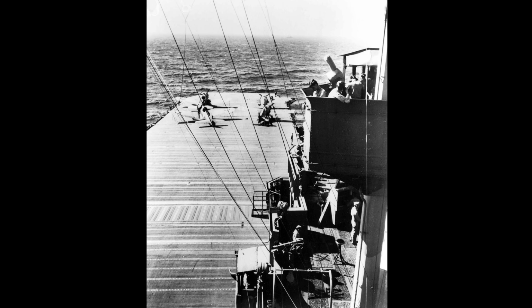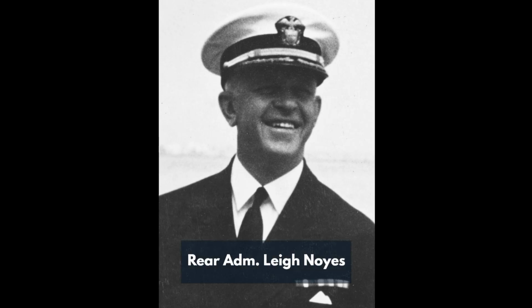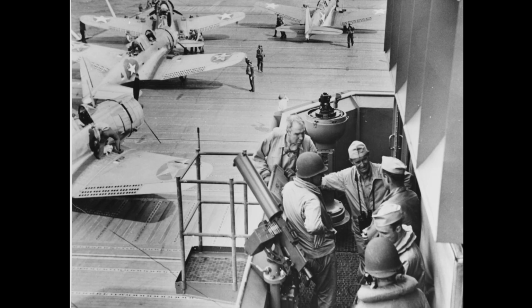Wasp's next assignment, together with the carriers Saratoga and Enterprise, was to the support force under Vice Admiral Frank Jack Fletcher for the invasion of Guadalcanal. Under the tactical command of Rear Admiral Leigh Noyes, embarked in Wasp, the carriers were to provide air support for the invasion. The great struggle for Guadalcanal kicked off on the morning of August 7th, when 84 miles from Tulagi